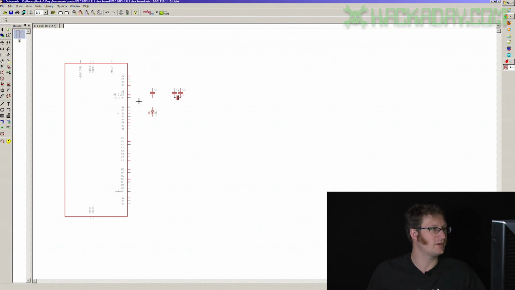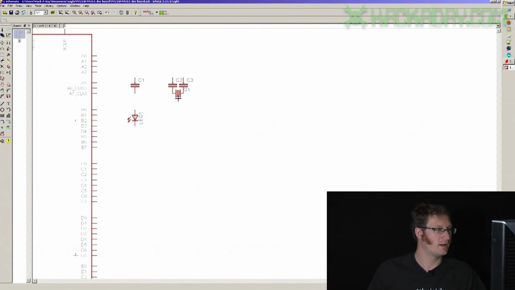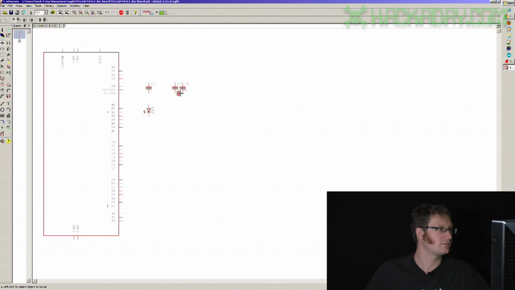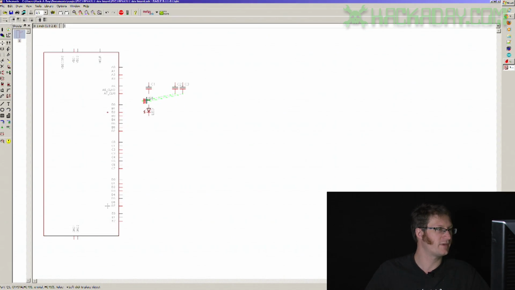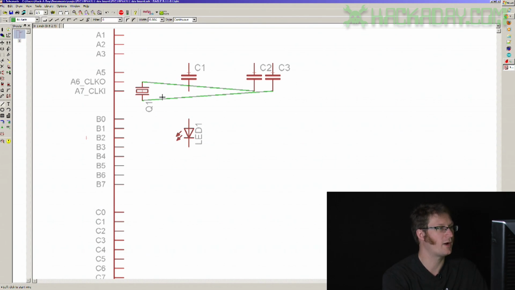What I need to do is do a little bit of connecting up of things. I'm going to take my crystal and type move. I dropped this crystal attached to these two capacitors because that's how it's going to be in the final thing. I'm going to move that over here. They're now attached. And I'm going to run a wire